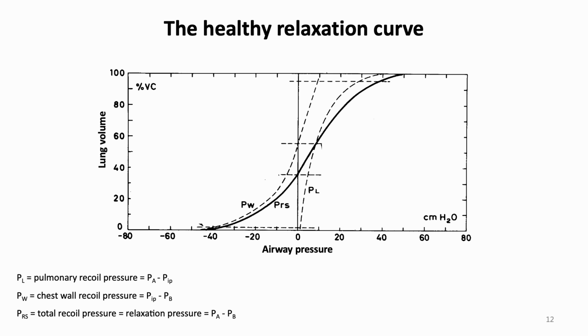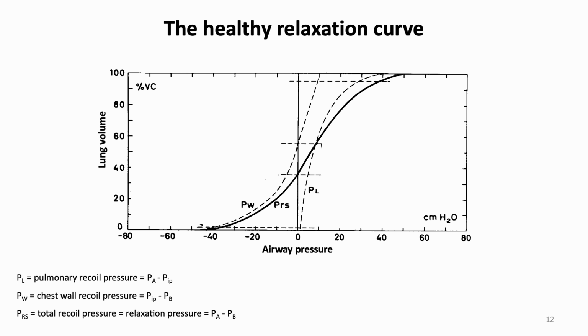which I've shown here. On the x-axis there's pressure within the airways, and on the y-axis there's lung volume. Now this graph shows what happens when a person assumes a given lung volume and the airway then is closed. So when the airway is closed, the pressure within the airway becomes a function of the elastic recoil pressures of the